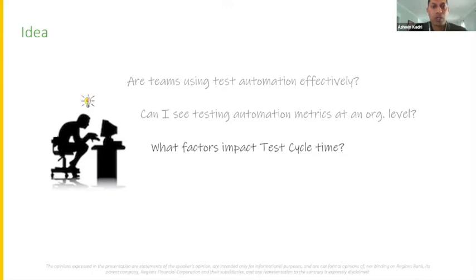So we wanted to understand the factors that impact test cycle time. We wanted to know how long the tests take to execute. Are these tests running in parallel? If so, what is the level of parallelism? Are we using API tests? What is the proportion of API tests to the UI tests? Which projects run the fastest? And why do they do that? Right? We wanted to understand all this.